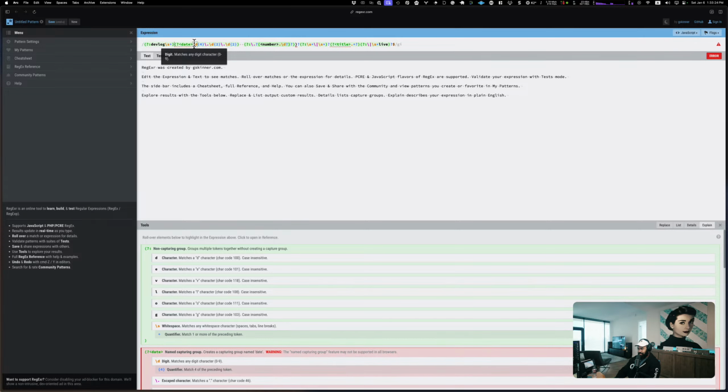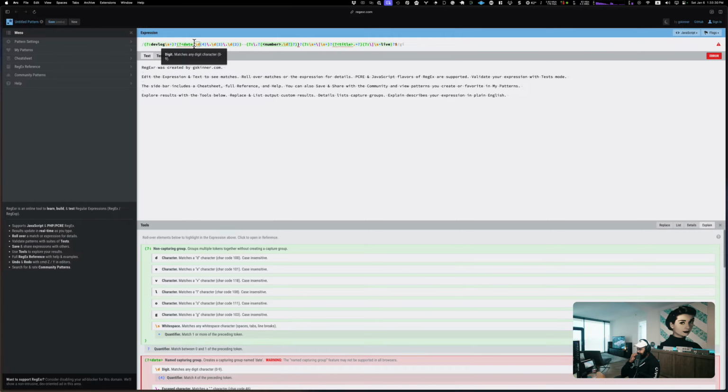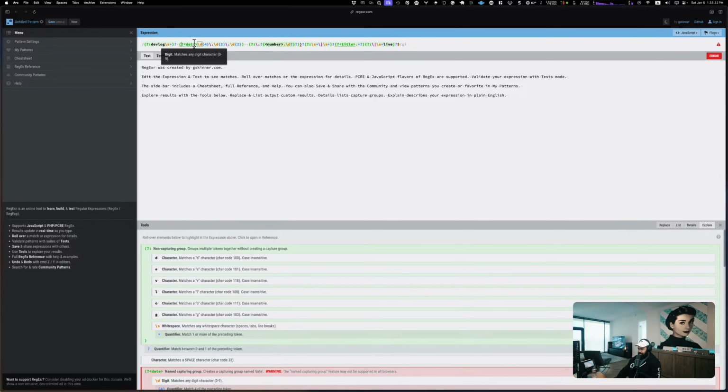We'll do this, so that's going to be optional, whatever this is. And then we have another capture group, or I'm sorry, this is a non-capture group. This is a named capture group rather. And then this capture group needs to end, which it does. Yeah, that ends.